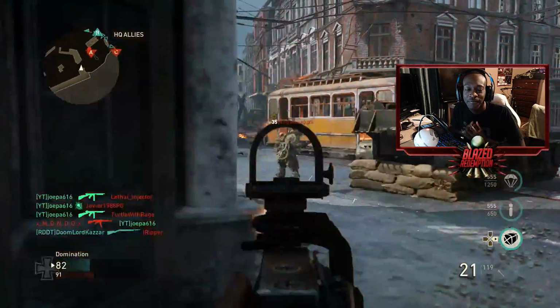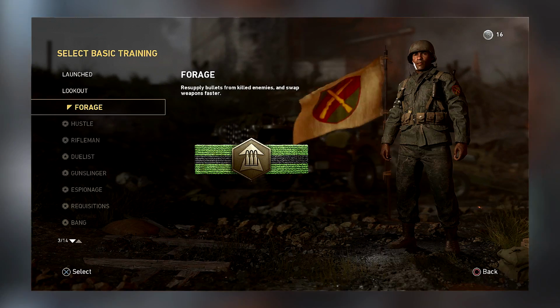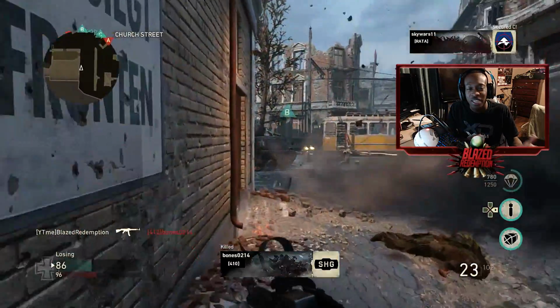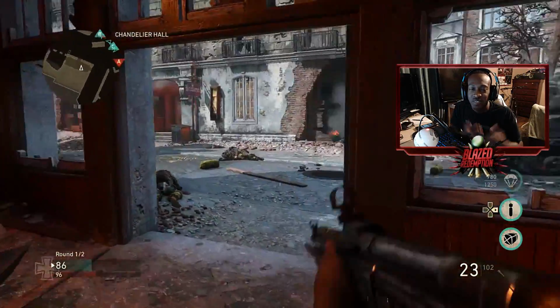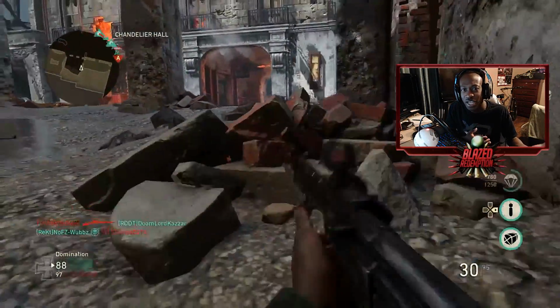Now guys, the next thing I have for this class setup is going to be the basic training trait, like I mentioned before, which is the Forge, guys. And the Forge pretty much allows you to re-up on ammunition, and also allows you to switch weapons faster. So this pretty much allows you to have Scavenger and Fast Hands within the same trait, pretty much giving you the upper hand,